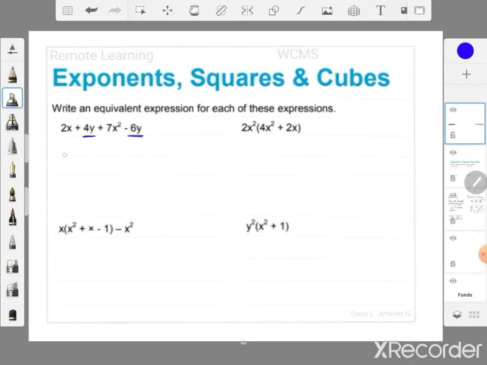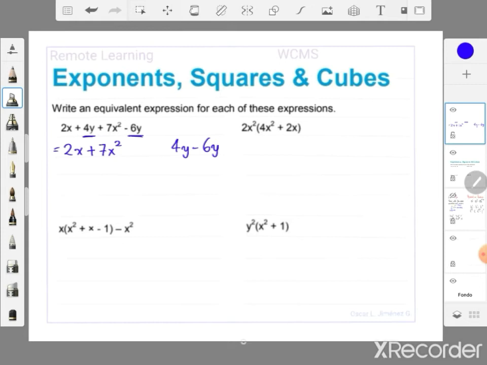So we keep the 2x, we keep the 7x squared, and we need to combine 4y and minus 6y, okay? So we need to combine 4y minus 6y. So what do